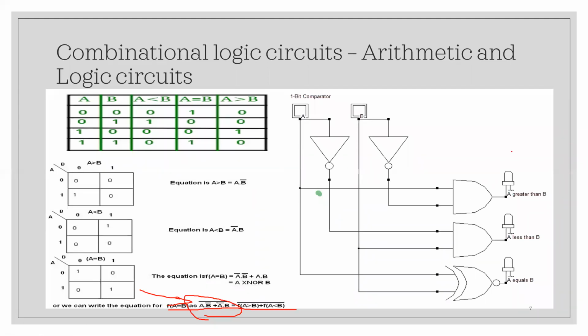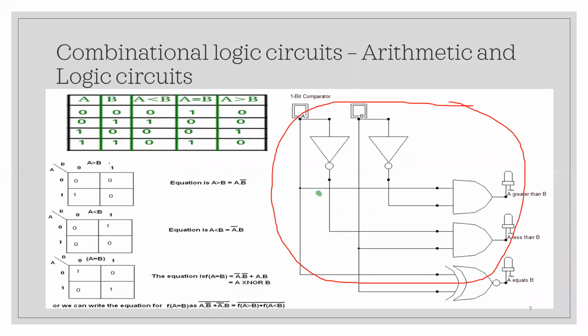This is the circuit or gate level representation of the one bit comparator. Here I can see that on one line you have A and on the other line you have its inversion. On one line you have B and on the other line you have its inversion.